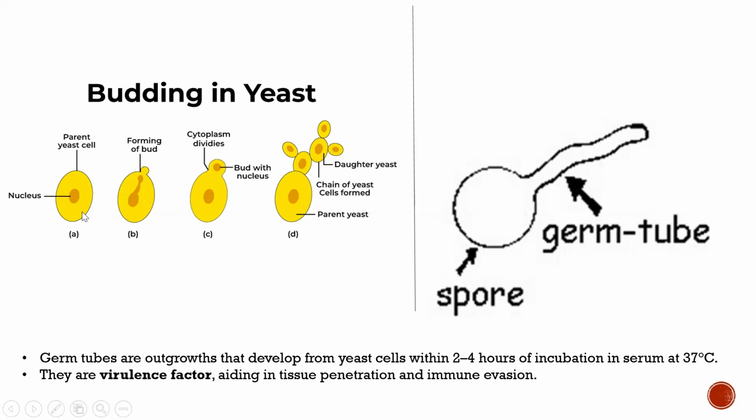The daughter yeast is actually gotten from the parent yeast just by breaking off and then sharing of its nucleus, or the chromosomes, as the case may be. Then for the germ tubes, the germ tube is one of the major characteristics of